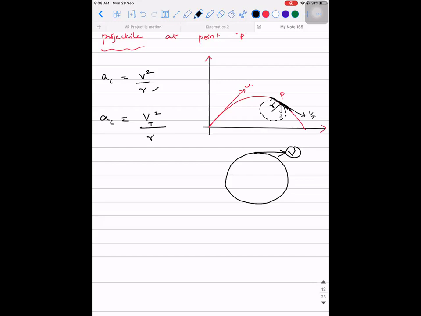But what is the basic definition of centripetal acceleration? I'm asking for the definition, not the mathematical expression. What do we mean by centripetal acceleration? Expecting an answer, can you please be fast? Any acceleration which is acting towards the center of the circular path is what is called centripetal acceleration. That's why we also call it radial, because it acts along the radius. So AC is equal to Vt square divided by R, where Vt is the tangential component of velocity and R is the radius of the circle.